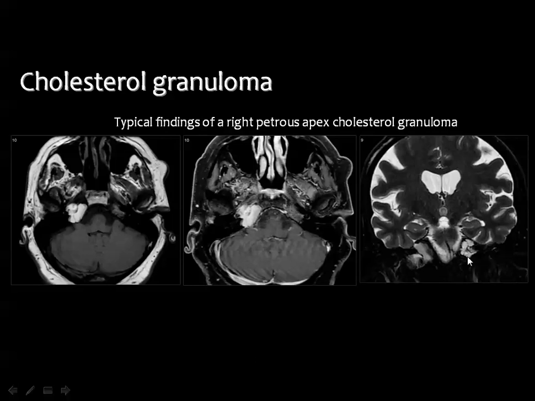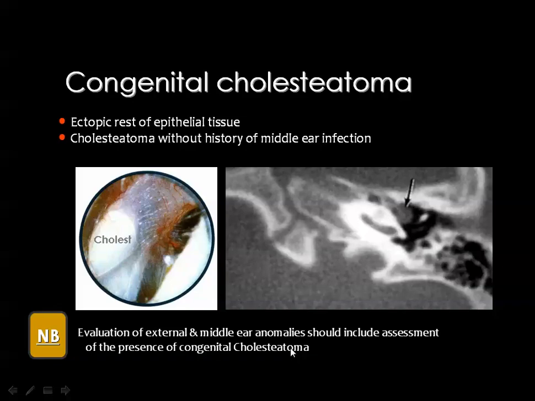This is another example of cholesterol granuloma at the apex of the Petrous bone, and this is T1 and T1 post contrast and T2 weighted image showing the high signal intensity, and you do not appreciate any enhancement in the lesion after contrast injection. Then we came to the issue of cholesteatoma, and we have two types, the congenital type